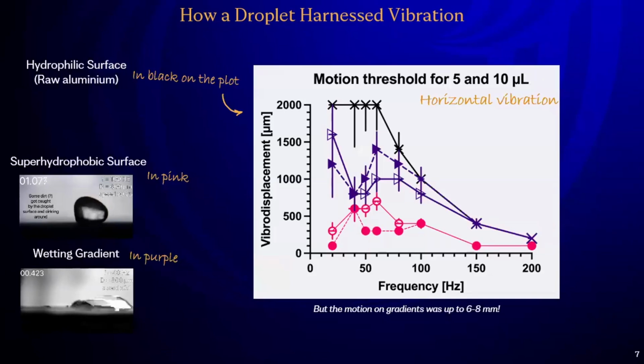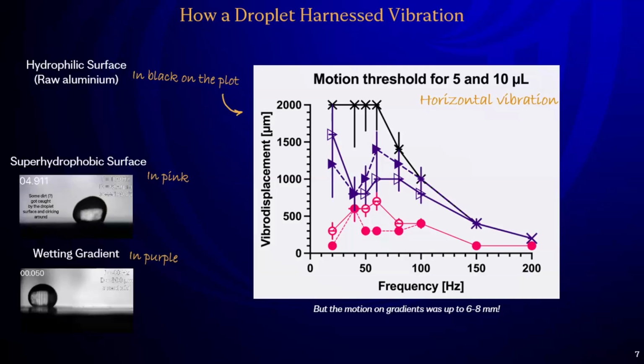The black curve is the standard metal hydrophilic surface, where the droplet is just stuck to the surface, not moving anywhere. The pink line is different superhydrophobic surfaces with a commercial coating. As I mentioned before, we have a response to vibration from the droplet, but unfortunately it's not moving anywhere. And our wetting gradients are kind of in between. You need a little bit more vibration to initiate some motion, but at least we are now skyrocketing the droplets from one position to another, and we achieved motion of 6-8 millimeters. Doesn't sound like much, but on the scale of a tiny droplet, 8 millimeters is like the other side of the room.